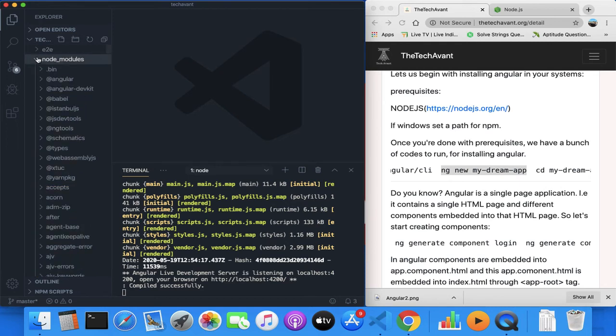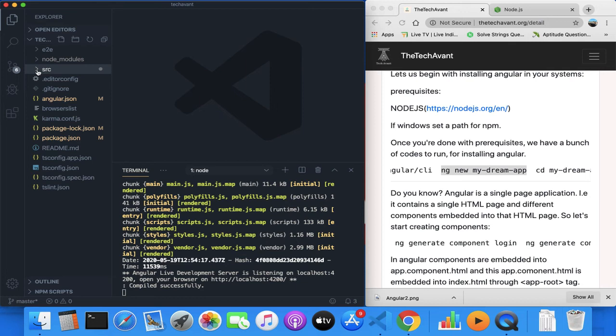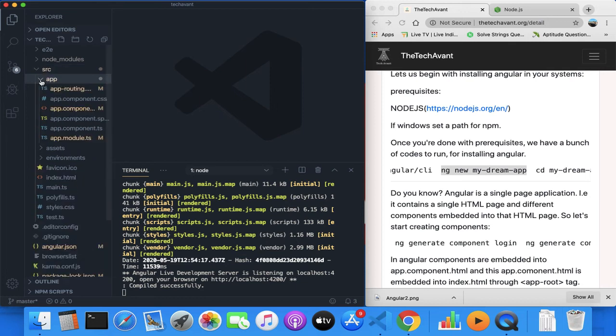These are node modules. These are the core of Angular. All the files which are used, including Angular CLI, and if you install Bootstrap, Babel and tools, everything is stored in node modules. Don't touch that; we don't need that. If you install anything, all the files go and sit inside node modules. Got it? We're going to use this src.